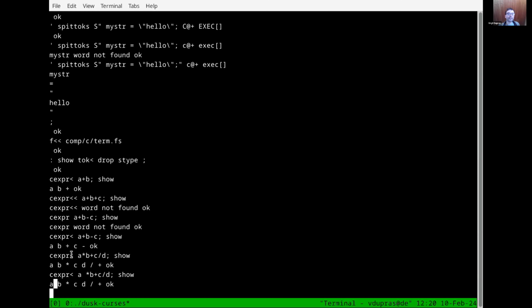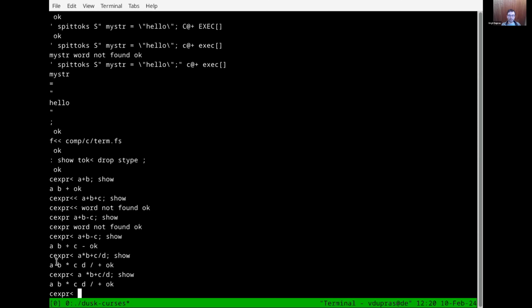That is, the multiplication operator has priority over the addition operator. So this is how you'd expect. And we see that parentheses work as expected.